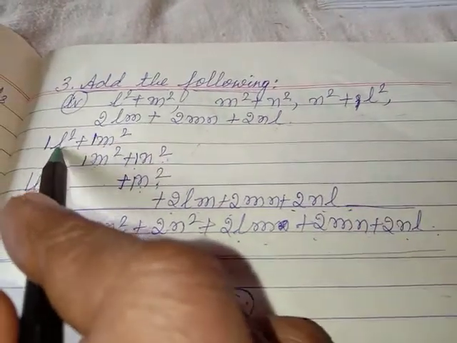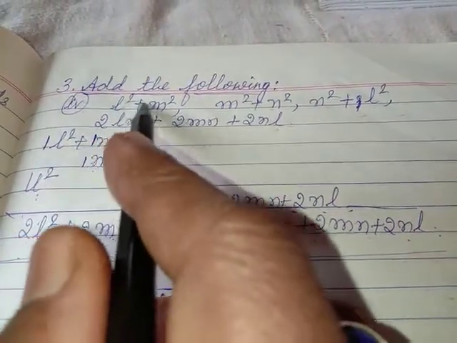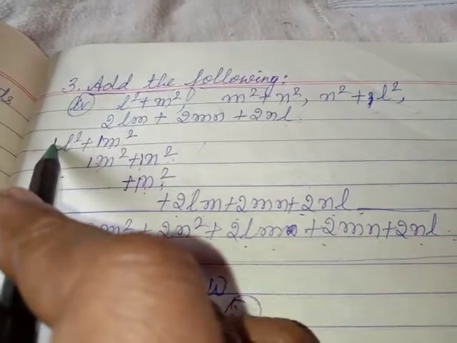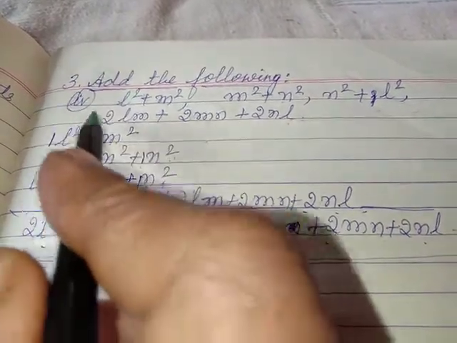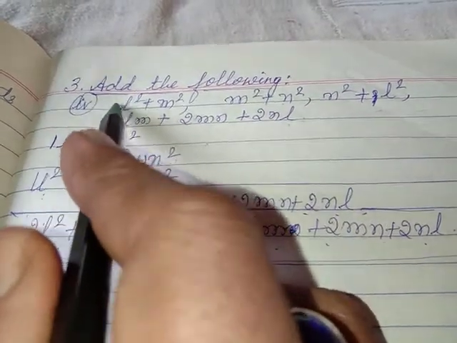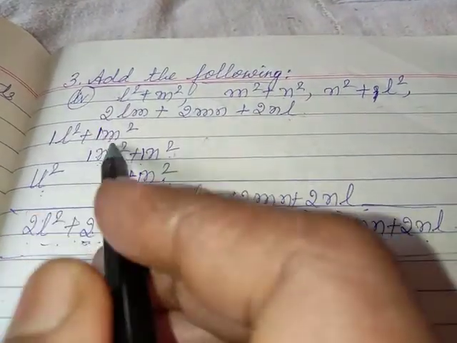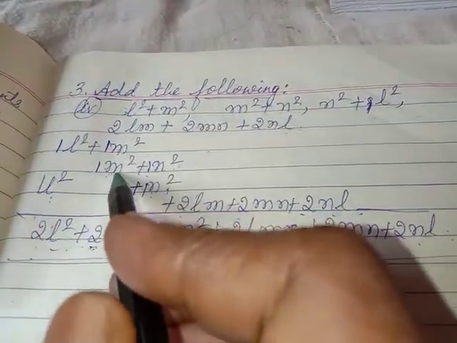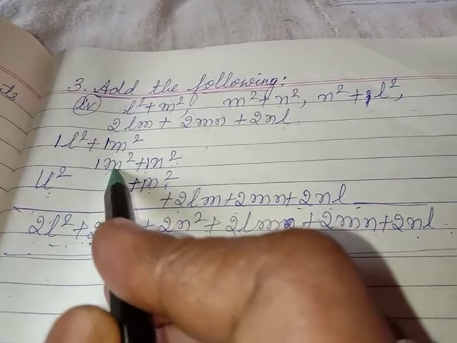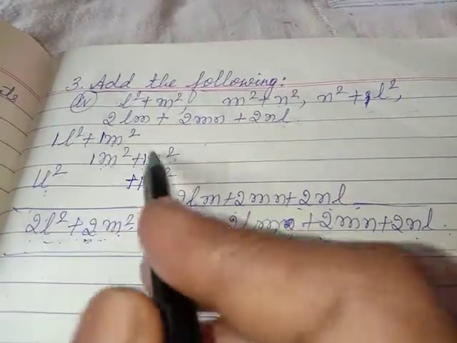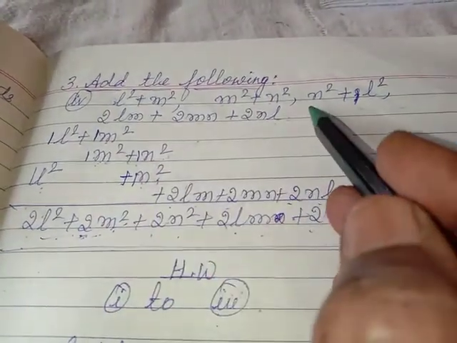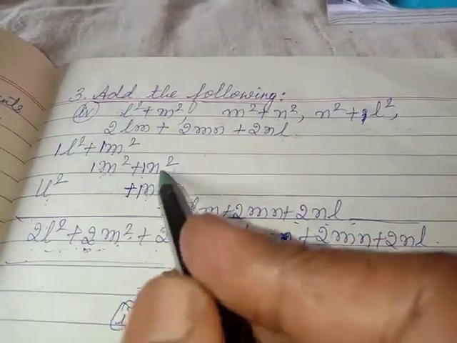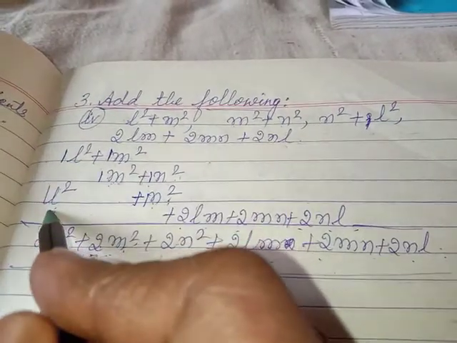Now first what we have here, L square plus m square. Write that L square plus m square. What is the coefficient of L square? It is 1, m square is 1. If there is no coefficient, that means there is 1. Okay, children. So then in this, m square is there, we have to match accordingly the like terms. Then n square, there is no n square, write separately. Then let us go to next, n square plus L square is there. So n square you write and L square here.